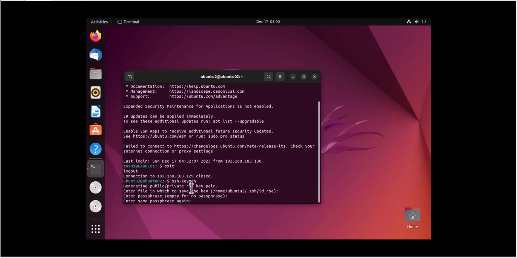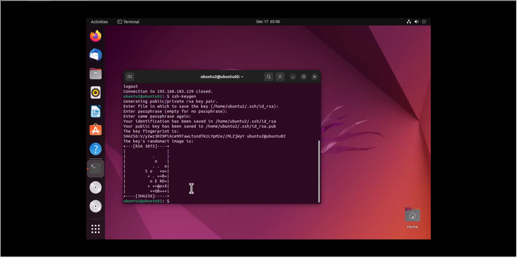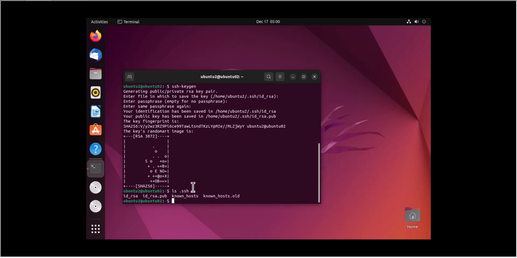It is just confirming over here. So the key has been generated, and after generating your keys, you can validate it by entering this command. Now you can see id_rsa and id_rsa.pub. So this is the public key and this is the private key which is generated over here by entering the